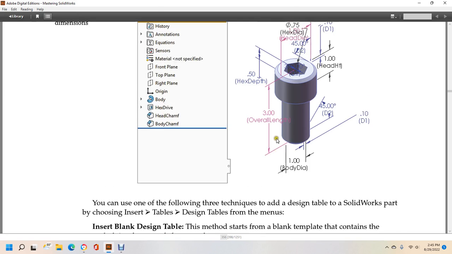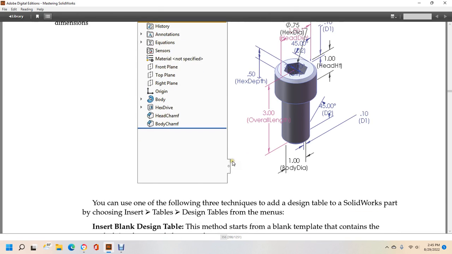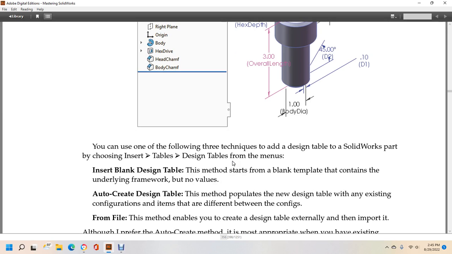And so now we went to rename the feature dimensions. Here are the three techniques to add the design table to SolidWorks. Part 2, Insert menu, Design Table, the Insert Blank Design Table method: start with the blank table template that contains the underlying framework but no values. Auto-create design table method: populate